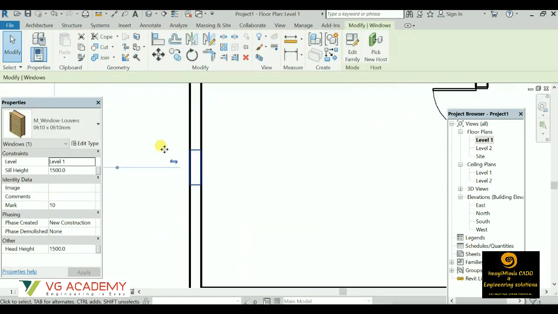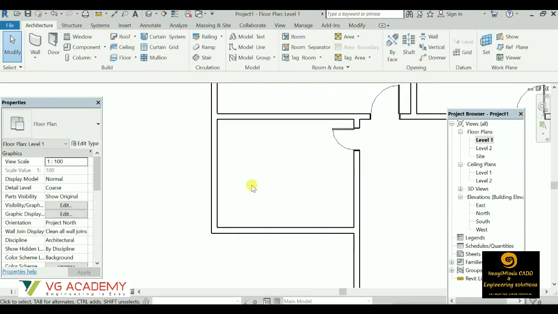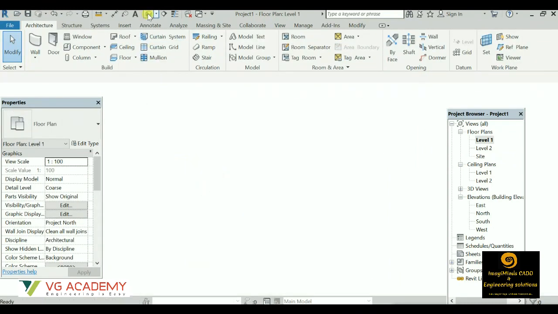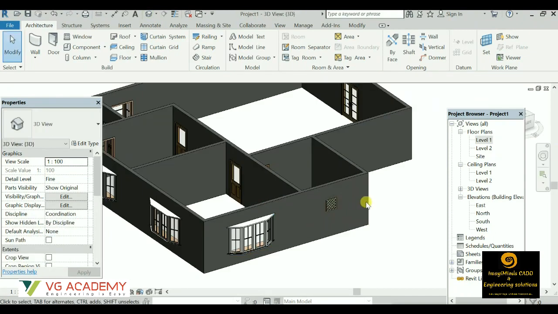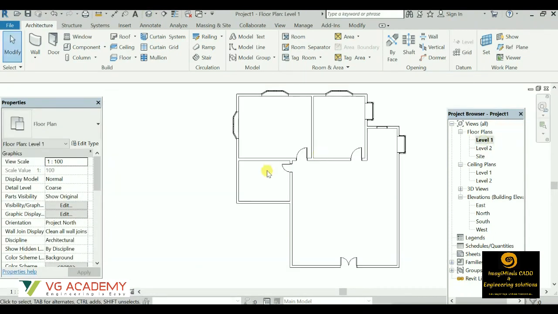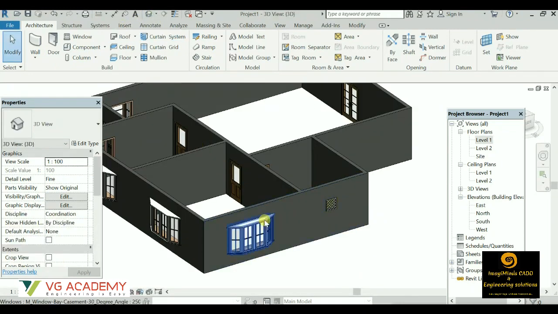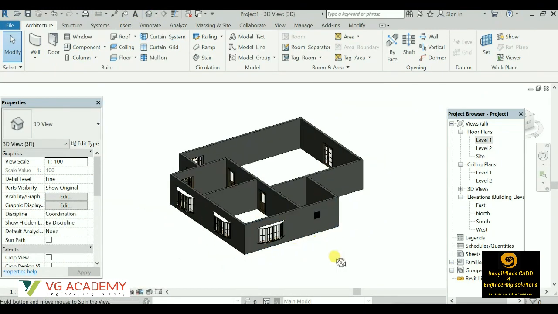So guys, this louvers is not visible. That is because of the cut plane. I'll tell you in the next video session what a cut plane is. But this louvers is present over here. Yes, this is the louvers that is present. So now we can place some different windows over here, or we can place curtain walls, which I'll show you. So this is the 3D view till now.